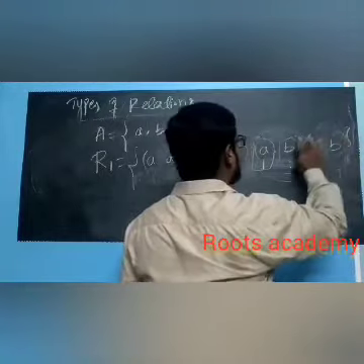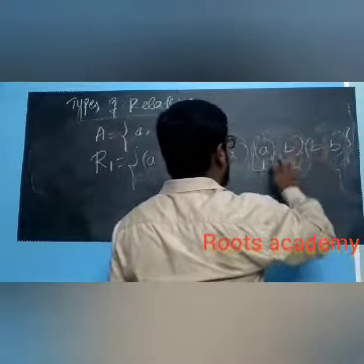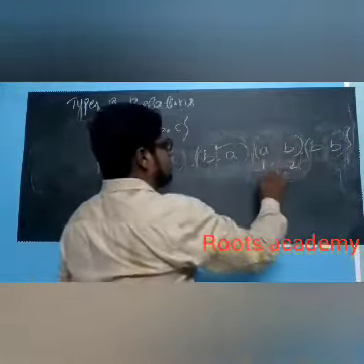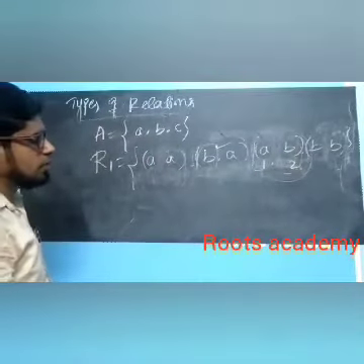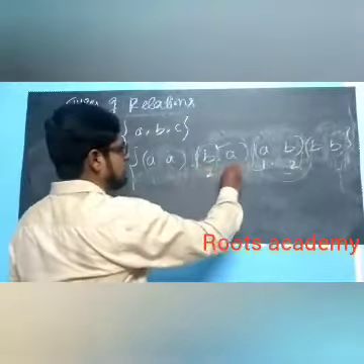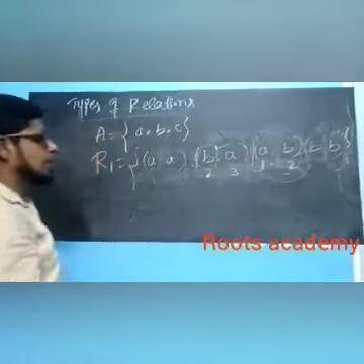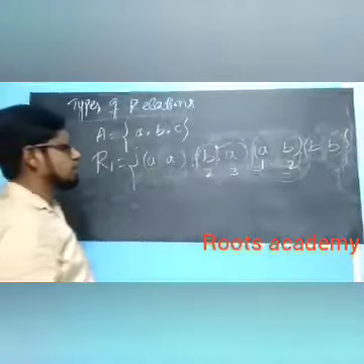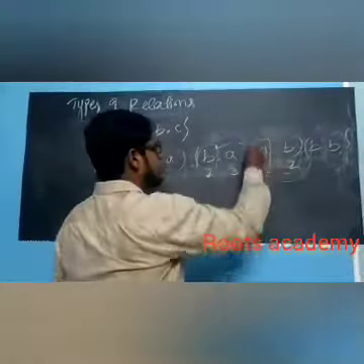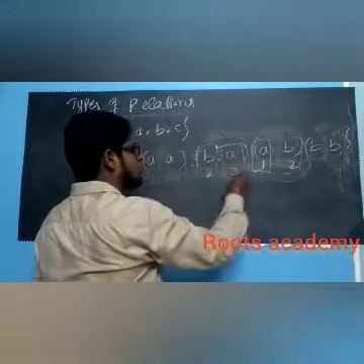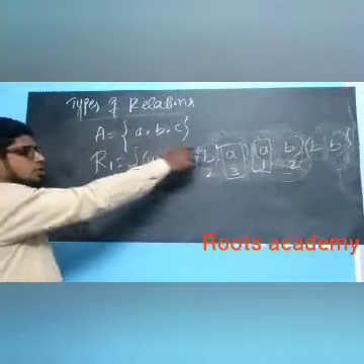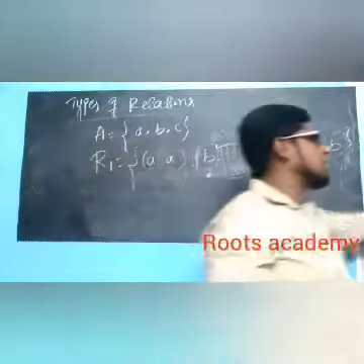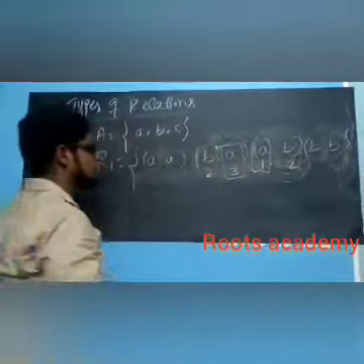Another possibility. What is another possibility? If this is the first element, then this should be the second. Then the second should be B. So this is B and this is the third element. So what should I check? Whether (A, A) is there or not, I should check. Yes, here it is there, (A, A). So it is transitive for each and every element of this relation.